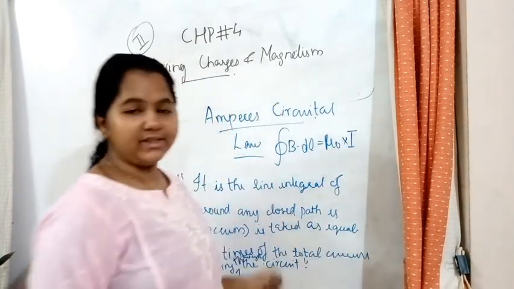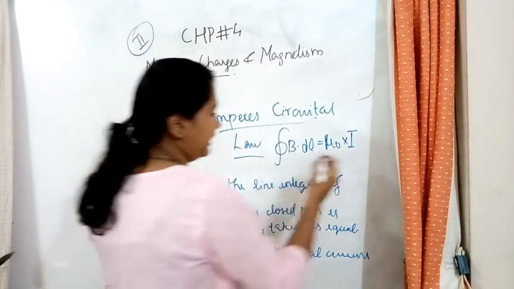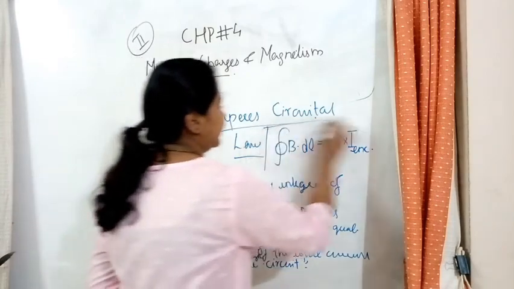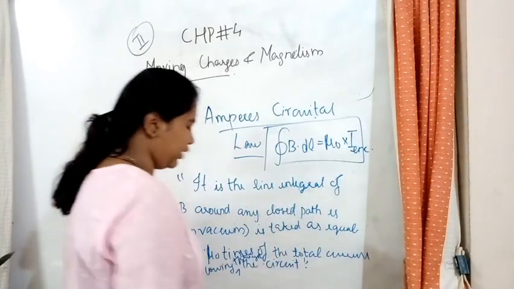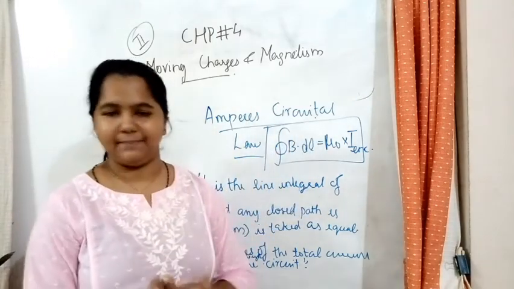What is this path? This path is an enclosed path. It's a closed circuit. So we'll write mu 0 I enclosed. So this is the Ampere circuital law equation. I hope this equation is clear to you. So let's state this once more and learn the Ampere circuital law.